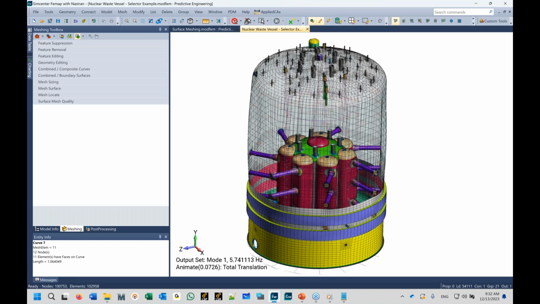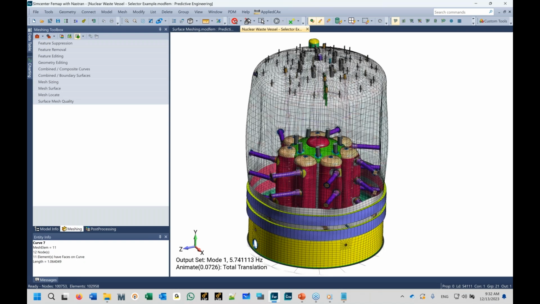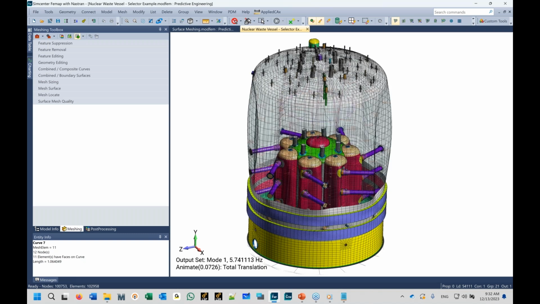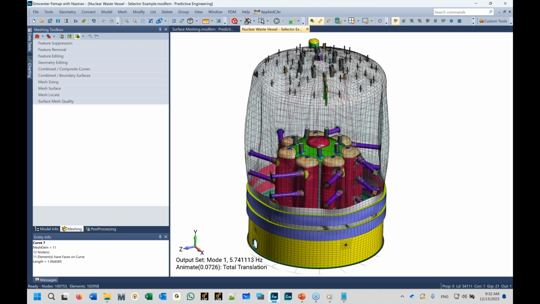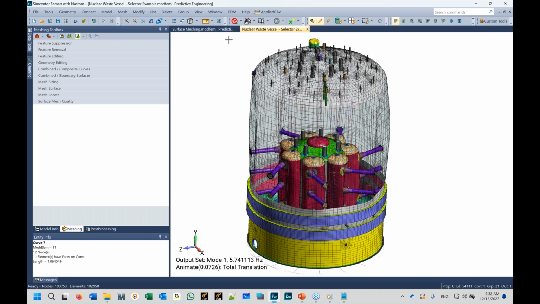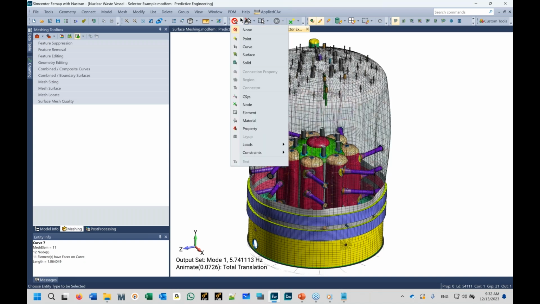And a fellow employee on the team was watching me do a model once, and says, George, why don't you use the selector? And it's been out for a couple of years. I said, what do you mean? Oh, what? And he said, no, it's really great. You should try it. I go, well, what is it? And so here's the selector. This is not the selector, but